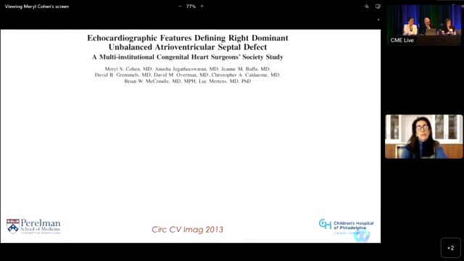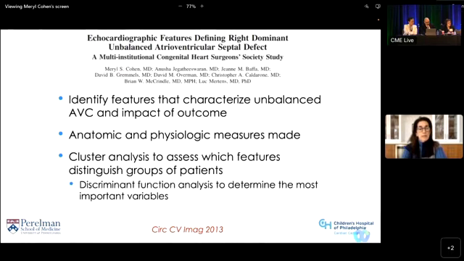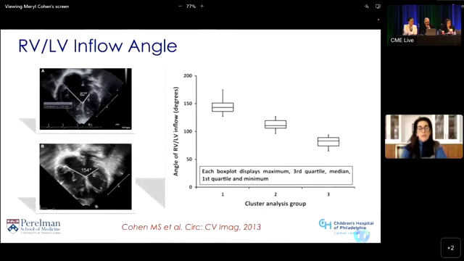And then in the Congenital Heart Surgeon Society cohort, we took a grab bag approach, looking to identify features that characterize unbalance and its impact on outcome. And we made a variety of measurements and then did a cluster analysis to assess which features distinguish groups of patients, and did a discriminant functional assessment. And what we found was that this measure, the RV to LV inflow angle, if you will, that's what we described it as, really just characterized three different groups of patients who didn't have that much overlap